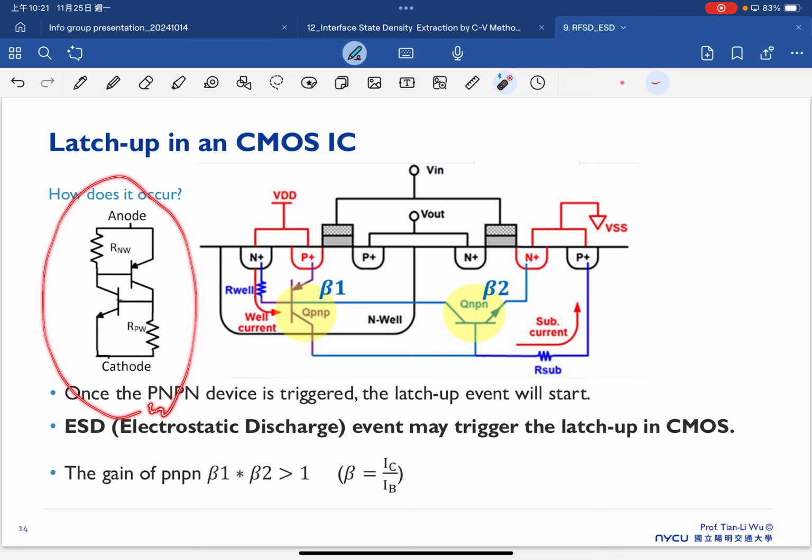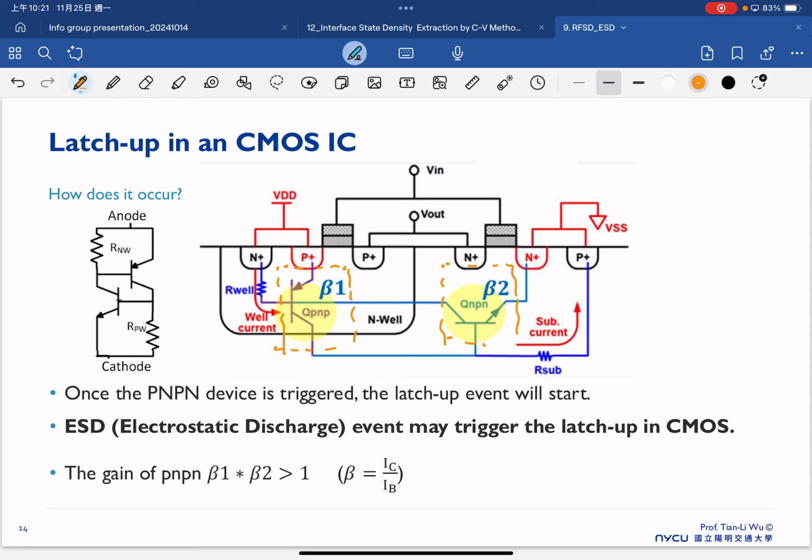This is because we have this parasitic BJT here. So once the PNPN device is triggered, the latch-up event will start, and the ESD event might trigger the latch-up